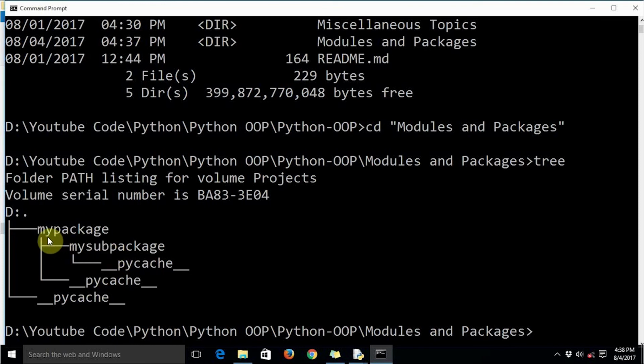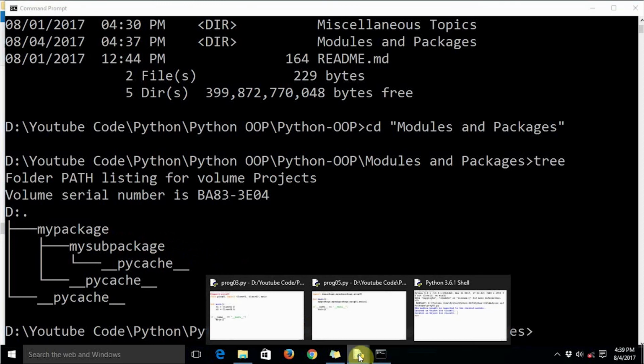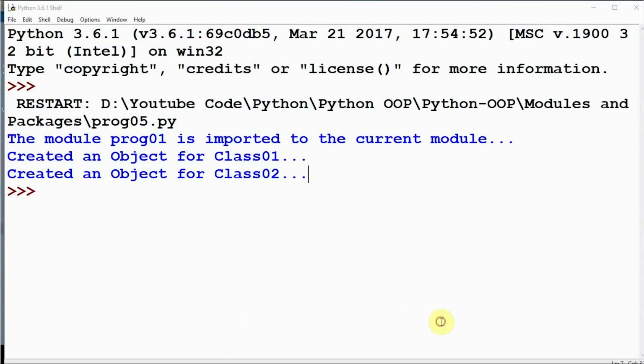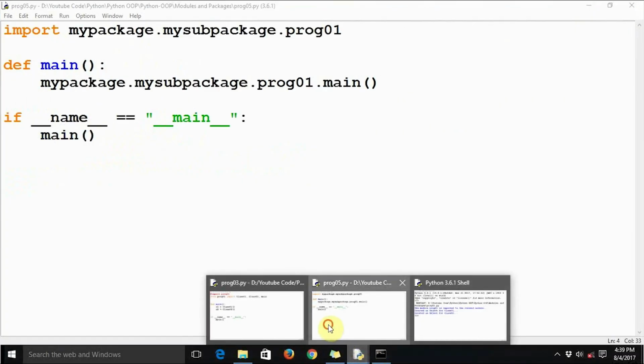Whenever we create any package, we just need to create a directory and add an empty __init__.py file to it. If you want to have further sub packages, create the directories corresponding to the names you want to give your sub packages, add the empty __init__.py files, and add the other module files into those sub packages, so that you can arrange your code base. So this is how we create and use packages and sub packages in Python. This is a very simple example of using packages and sub packages in Python.